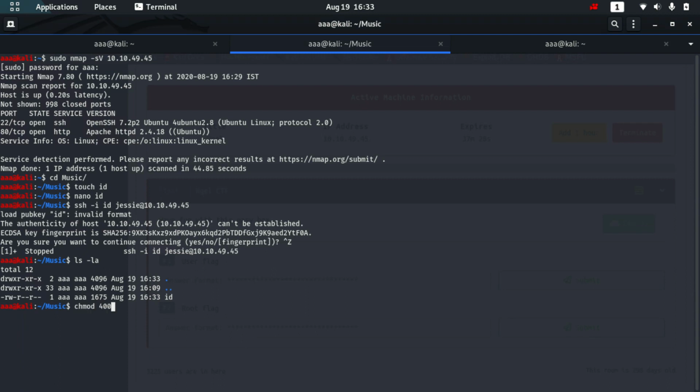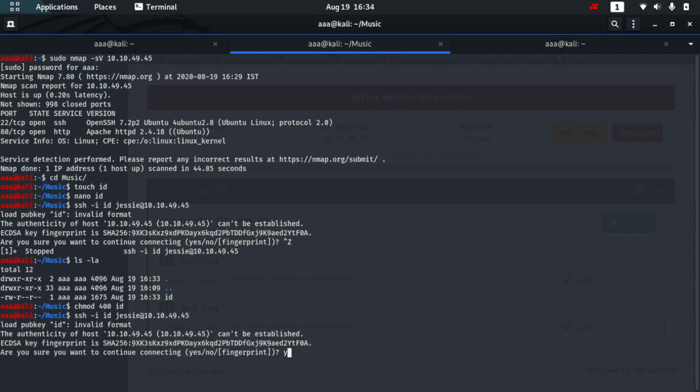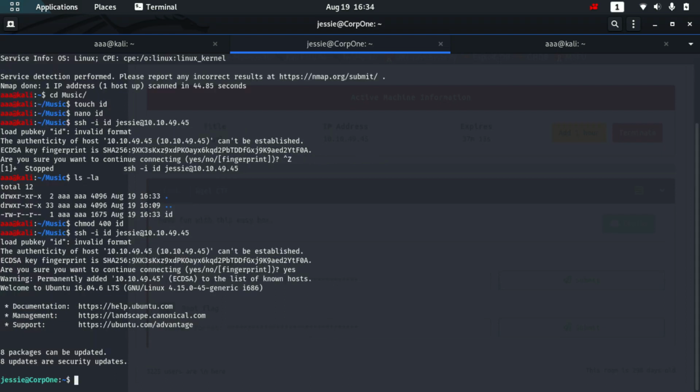So chmod 400 on id. Let's try the same command again. Yep, we are in. So there was this invalid ID problem, which won't be there right now, but it doesn't matter, we are in.